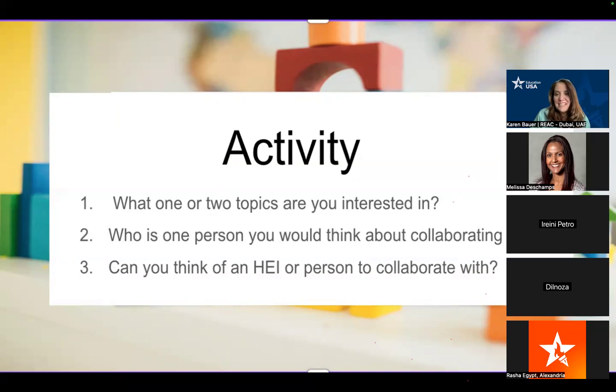Oh, I'm sorry. I made a mistake. I meant to say the second question is actually a person in our group. So an advisor. The directions are not that clear. So number 2 is an advisor that you would like to work with. Apologies. Number 3 is an HEI, a college or a university. Feel free to answer both of them. Oh, Sarah in Oman, Corinne in Kuwait, Jonathan in Bangladesh. That's right, Omar. I think you and Corinne were at the NAFSA conference together. I could see that PhD session come together nicely.